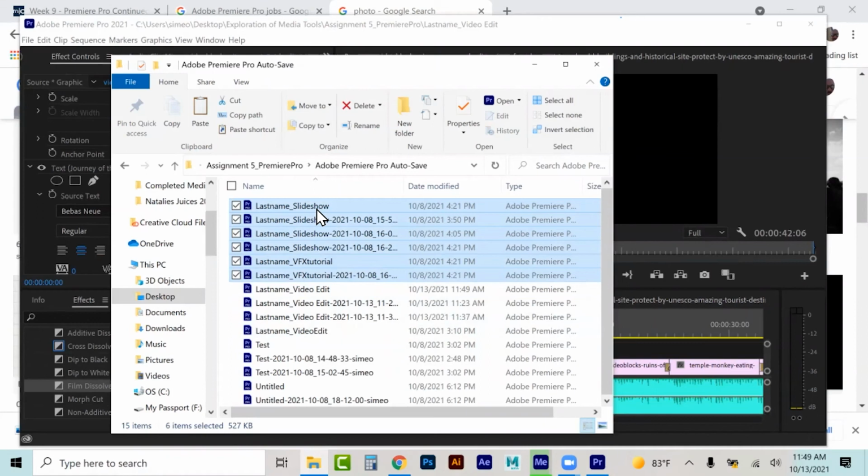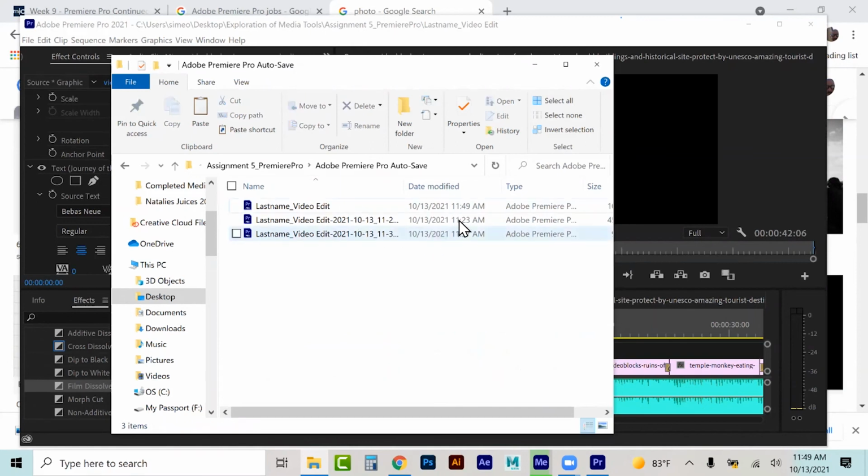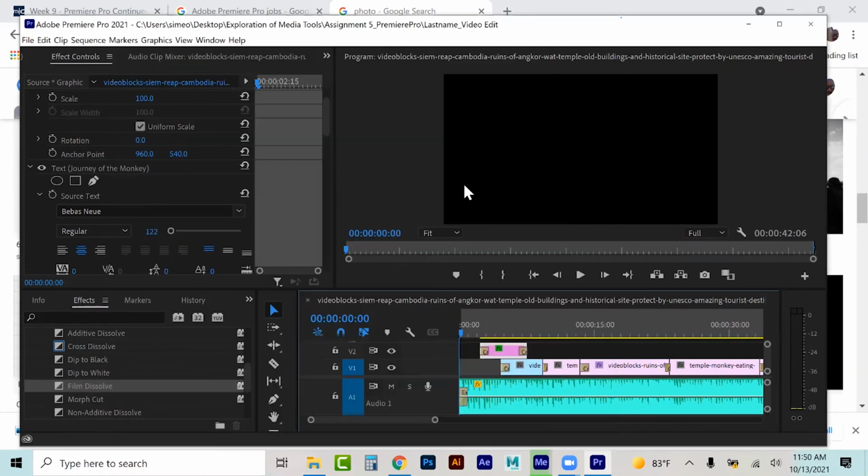So let me get rid of these old auto saves here. And these are all old here. And you can see it's actually saved every, see, 23, 37, 49. So it's basically saving every 12 minutes? 15 minutes? It's auto saving as I go through. And that's pretty convenient. But when we're all done, we just want to save it, Control S, and then we